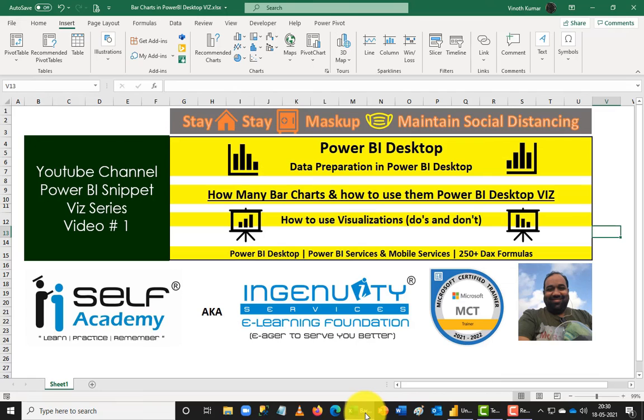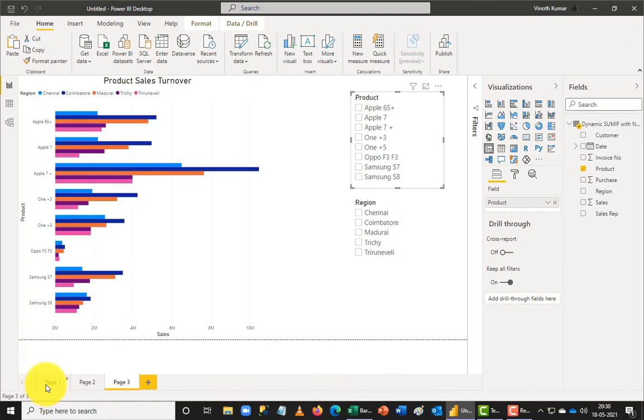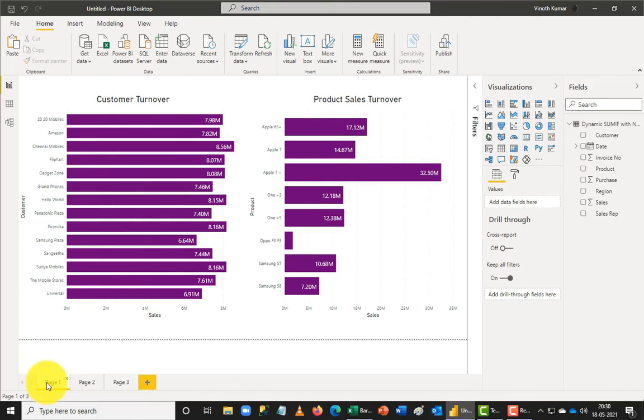So, how to use a bar chart. Today we touched two kinds of bar chart. The first bar chart is the stacked bar chart. The next one is the clustered bar chart. I'm sorry about that. Stacked and clustered bar charts are the two different varieties. We saw how to work with them effectively in a normal case, where I just try to add only one condition here, and that showed my data really very well.